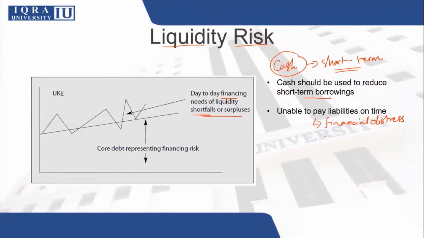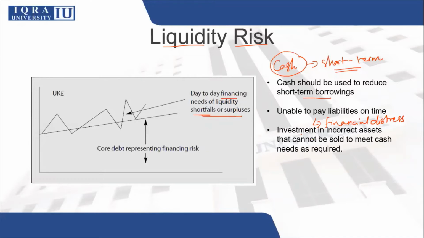And if the company is still unable to make their payments due, it might even lead to bankruptcy and the bankruptcy costs related to it. The third point is that the treasurer has to make sure that they're investing in the correct assets. By correct assets, we mean that the time duration of the assets should match with the cash requirements of the company. So whenever the company requires cash, those assets should be such that they can be easily converted into cash to meet the requirements of the business.